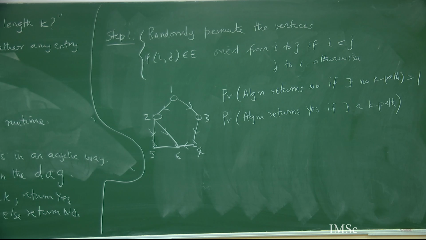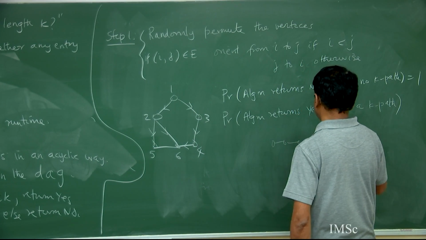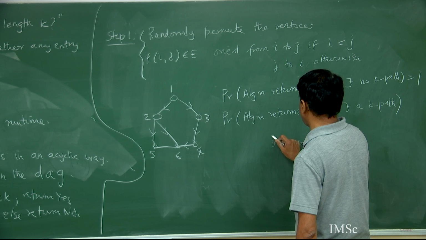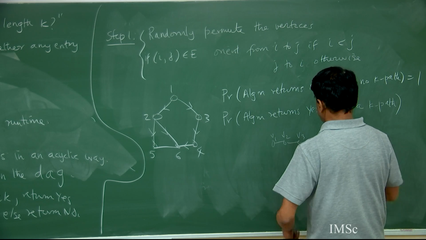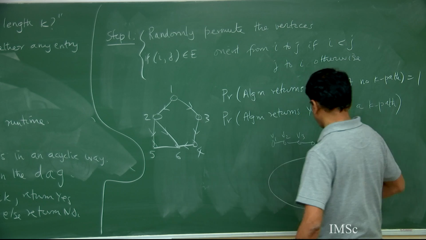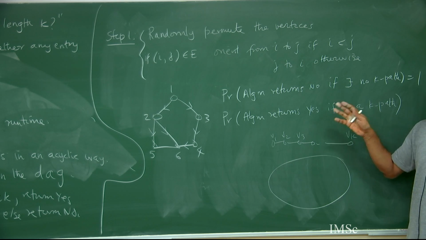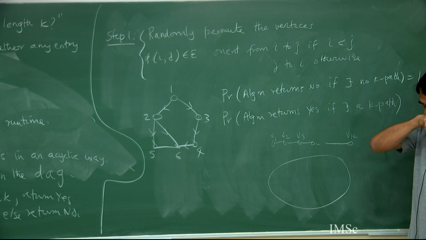Okay. So, suppose there exists a k path in the graph. This is the undirected graph. Let us call this some V1, V2, ..., Vk, and the graph has more things. What is the probability that this path will survive as a directed path in my acyclic orientation? N minus k factorial by